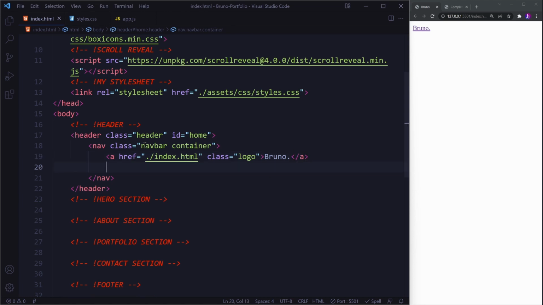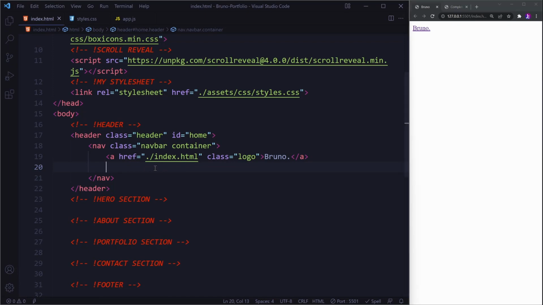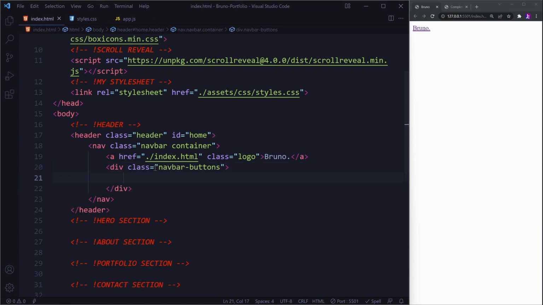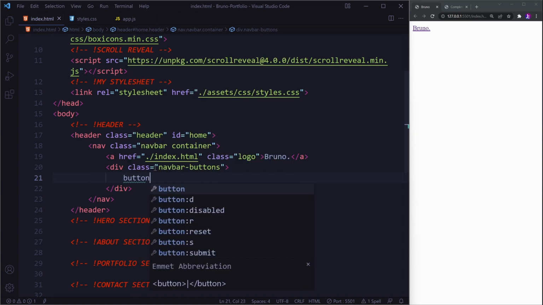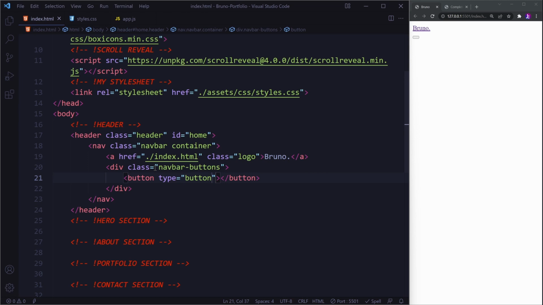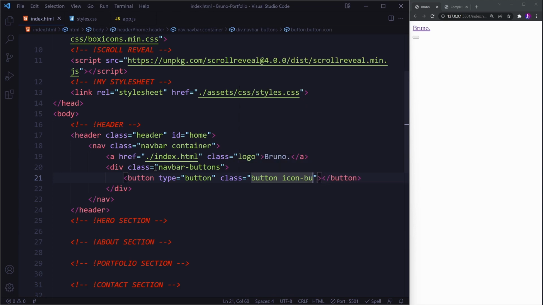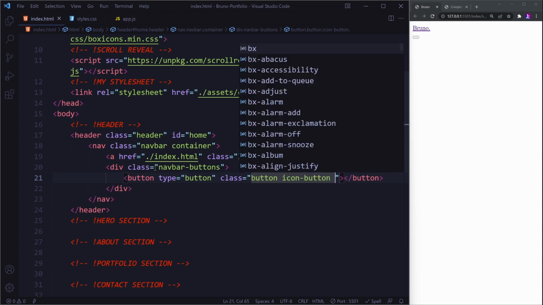Underneath, I'm going to have a div that is going to group all of my buttons that I have here for the hamburger as well as the theme toggler. So I'm going to call this navbar buttons, like so. And then in there, I'm going to have two buttons. So the first button is going to have the type of button, and then it will have a class of button, then icon button, as well as a class of menu